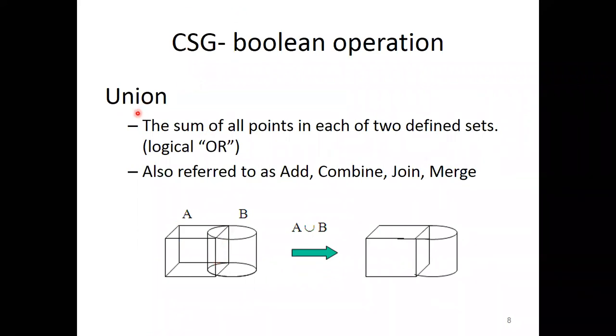The first Boolean operation is union. What is union? Adding together. If A is one entity, a cube-like structure, and this is a cylinder, I am adding them together so that I get a single entity like this. A and B added together, we get an object like this. In mathematical terms, it is called union. A union B will be this answer. In Boolean operation, an OR operation is done: either this or that. Both will be merged together so that we can make an object.